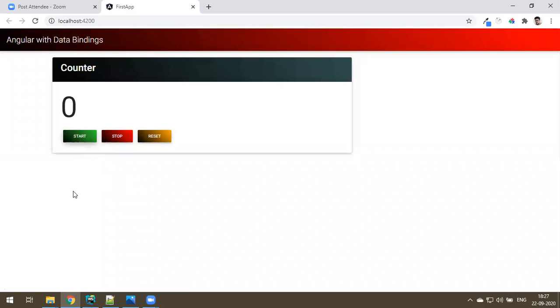Click on start. Generally for every 1 second, it has to increment. Stop, it stops. But the problem is, if you hit the same start button multiple times, what happens? With one start click, it increments every 1 second. Start again, start again. So 5, 6 times I click. Now see, is it for 1 second? No. I'll tell you what the problem is.